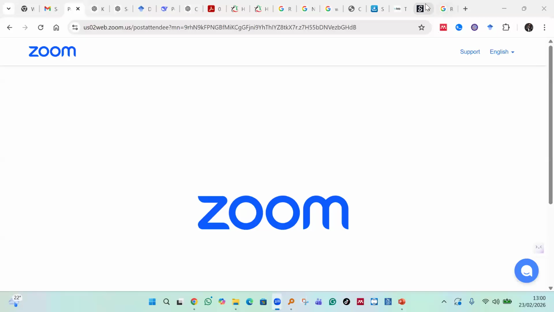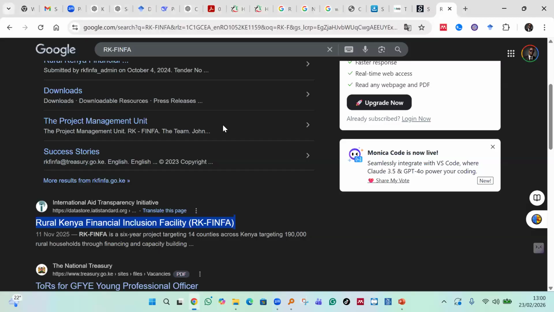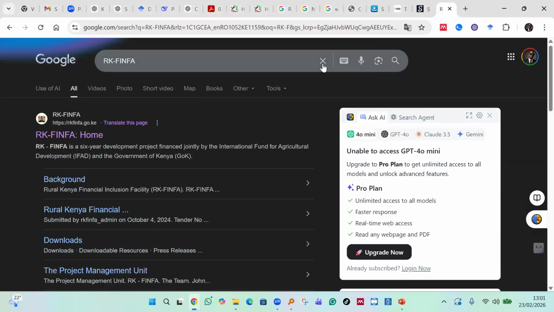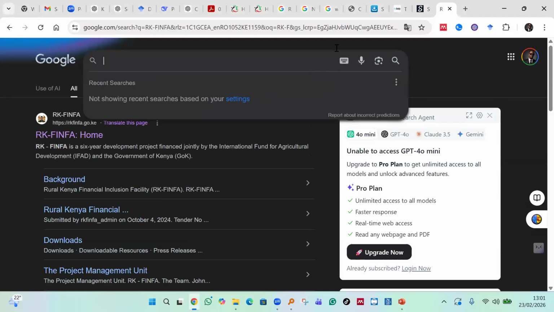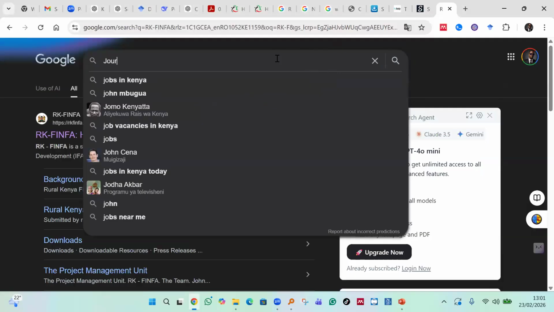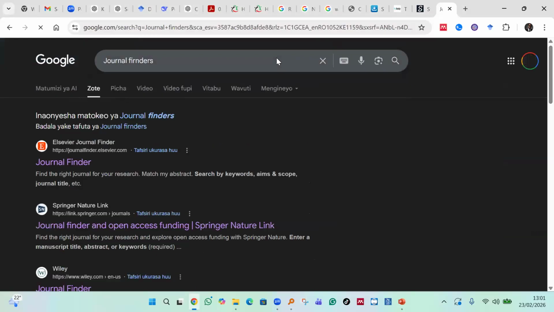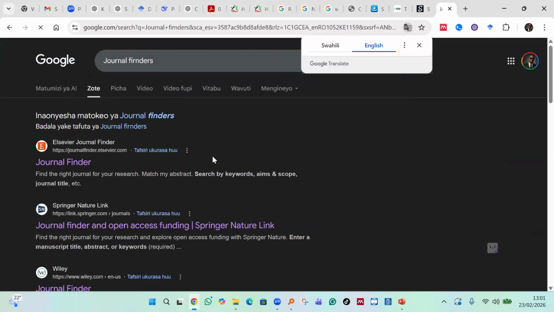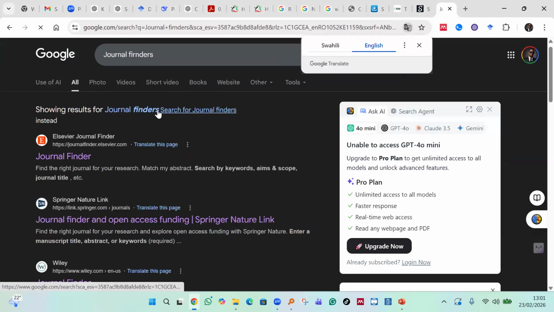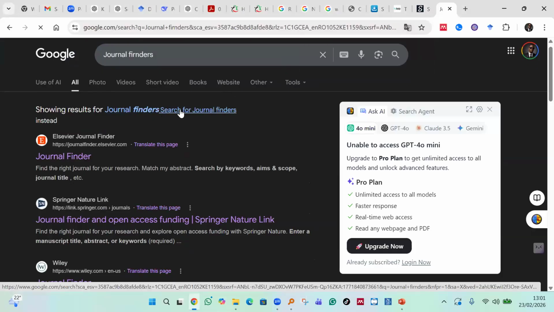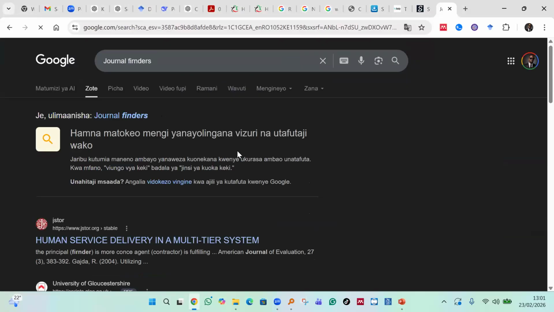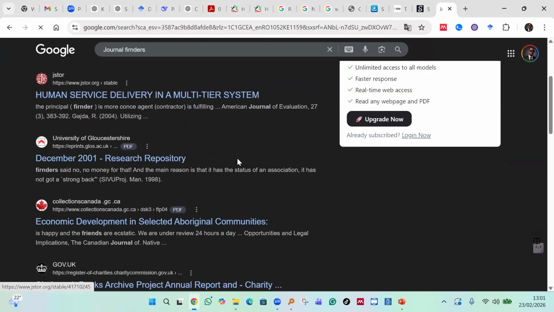So I want to show you here how we can select a journal for our paper. Just go on to Google and type journal finders. Most of these renowned publication houses have journal finders.